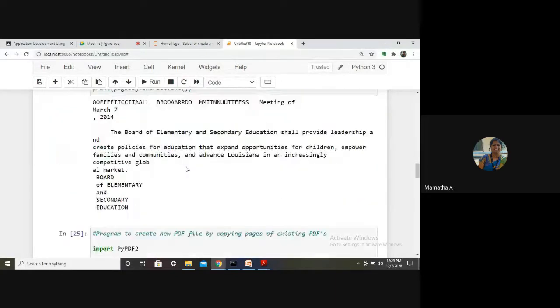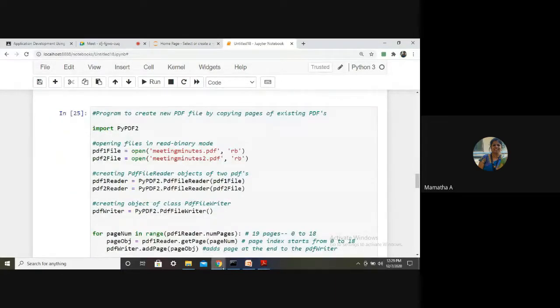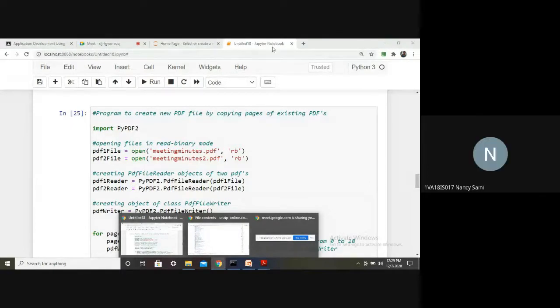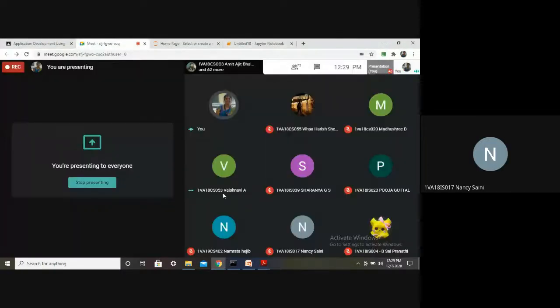Okay. What are the steps in creating the new PDF? What should you do first? Open both the PDFs. The existing PDFs are to be opened by creating which objects? File reader objects. Then create one PDF file.